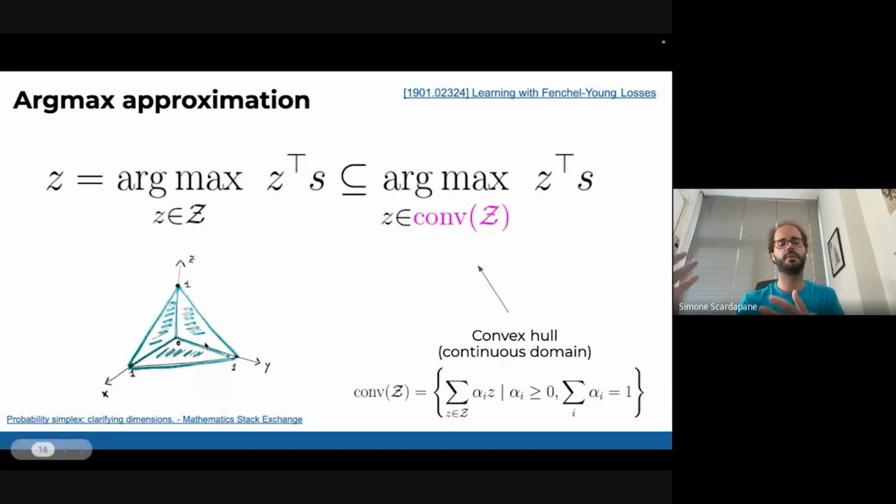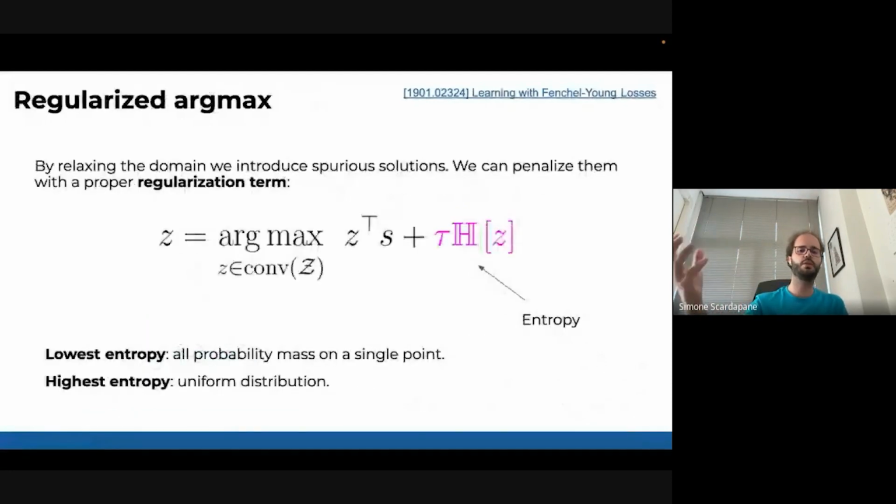This makes the problem easier to optimize, but it introduces a lot of spurious, strange solutions, because now you can move freely inside this polyhedron, this triangle. So typically you can add some regularization to try to select a solution which is as close as possible to one of the original solutions.